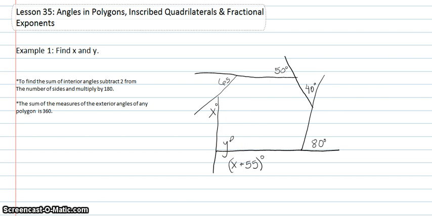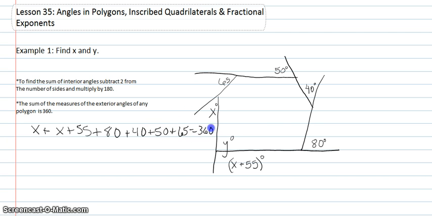Now the next rule we learn is the sum of the measures of the exterior angles of any polygon is 360 degrees, and that we will use in this example. So what we're going to do is add all the exterior angles together and set it equal to 360 so that we can solve for x. So I'm going to have x plus 55, which I'm just going around here getting those angles, plus 80 plus 40 plus 50 plus 65,